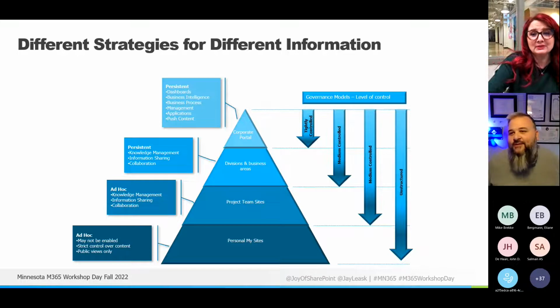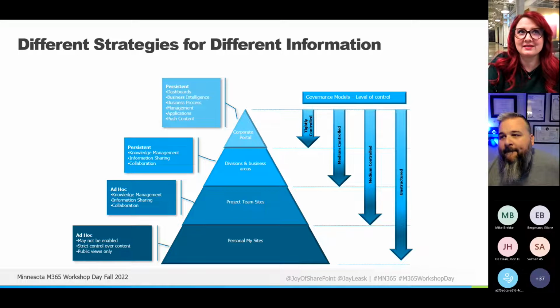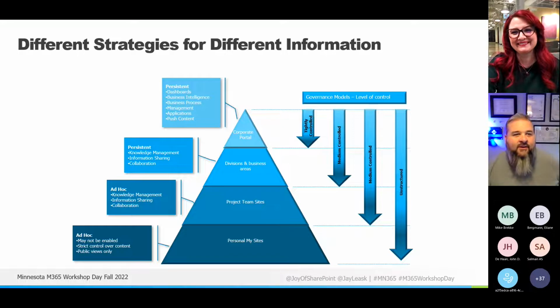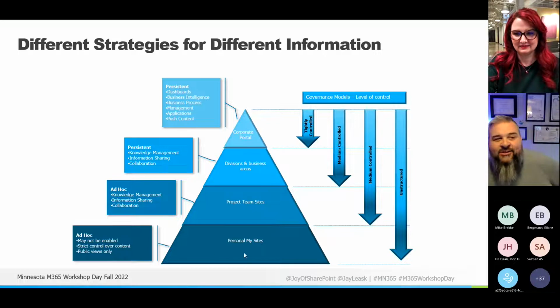When's the first time you saw this? Oh Lord, 2008, 2009. Yeah, I saw this triangle appear almost word for word. The right-hand stuff was a little bit different, but almost word for word. I saw this triangle appear with SharePoint 2007 with personal my sites. We don't even change the language.